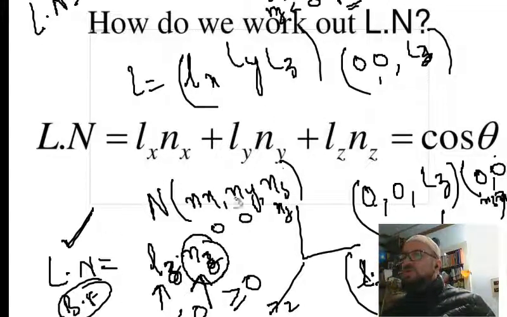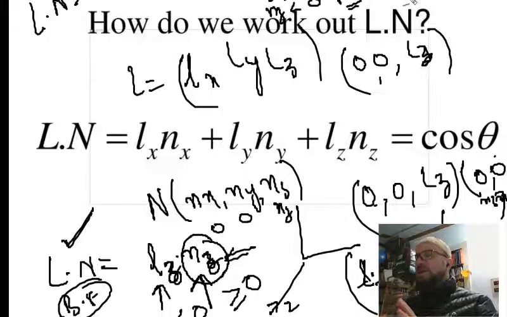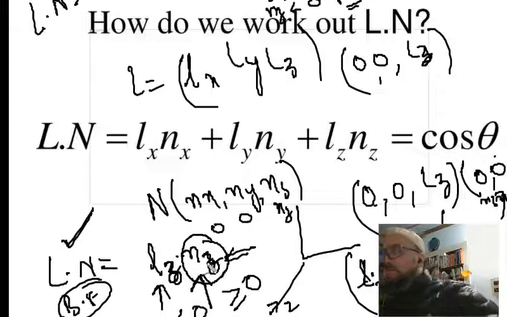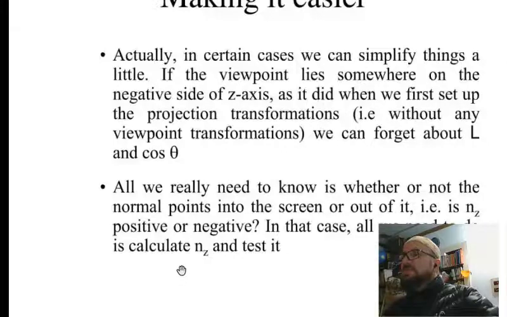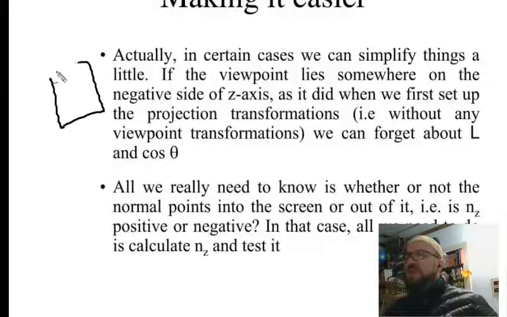So this whole equation actually depends upon the n of z now. If n of z is greater than 0, it's going to be a back face, because overall the whole value of L dot n comes to be greater than 0. And if n of z is less than 0, this will come negative, so that means it is a front face. So if we say it in a simpler sense, if my object is on the negative